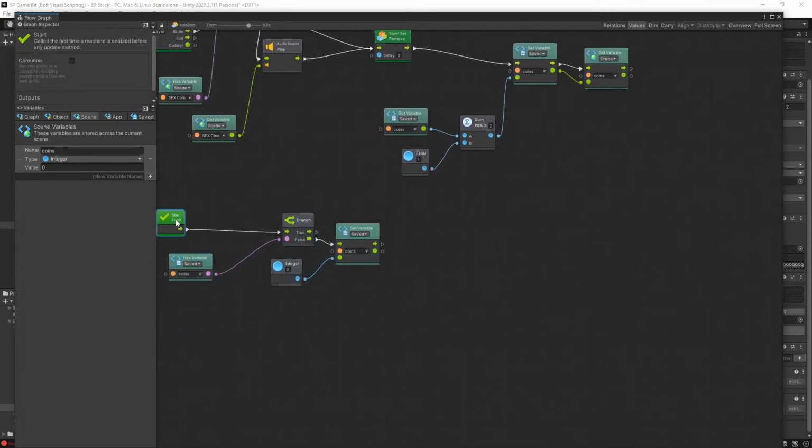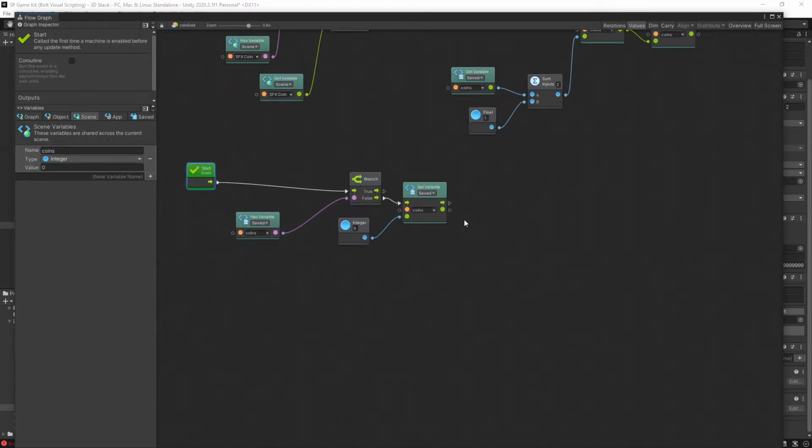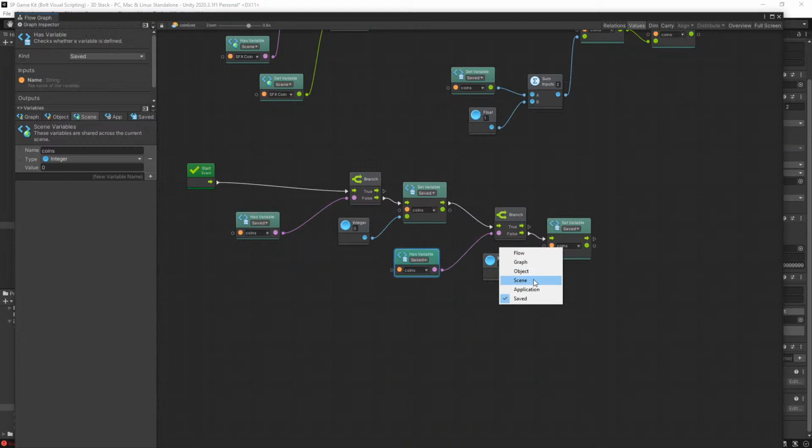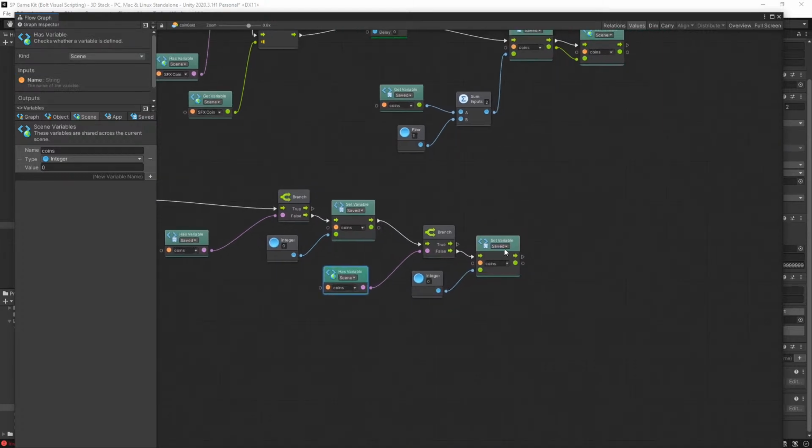Although there's initialization for this, I still like to make my own checks. For instance, if it starts, I want to check if the scene has coins. If it doesn't, then actually create that variable. That way